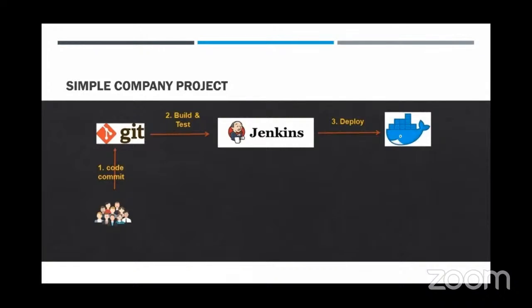And this same container is then moved, or I should say this same image is then moved across different environments, from dev to the testing environment, to the performance testing servers, to the production servers. The same container is moved across the servers. So this helps to keep a uniform code. There is no way that we can have some kind of environment issues, because all of the environment dependencies are contained inside the Docker image. It contains right from the operating system till the project code, everything is contained in that.